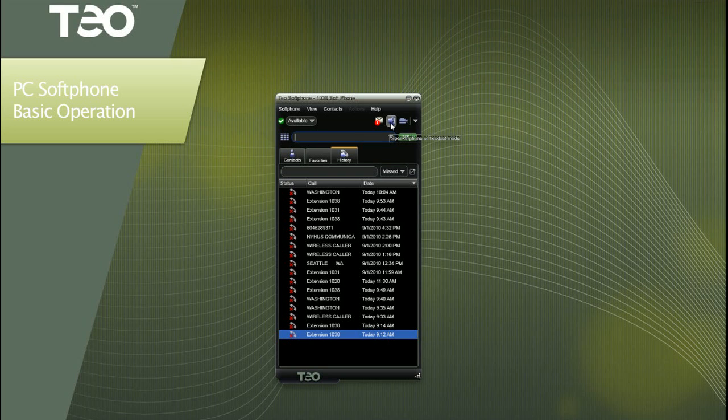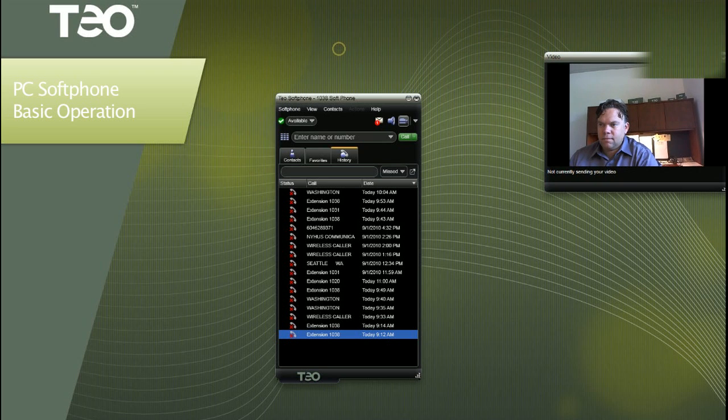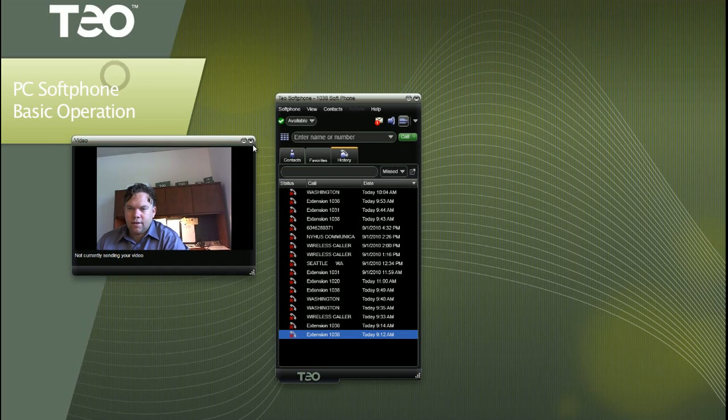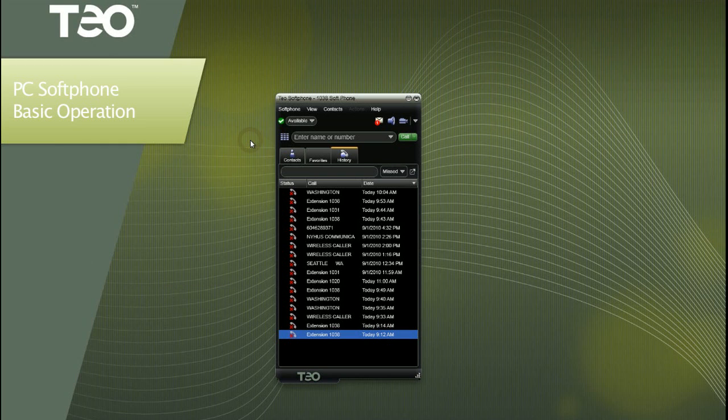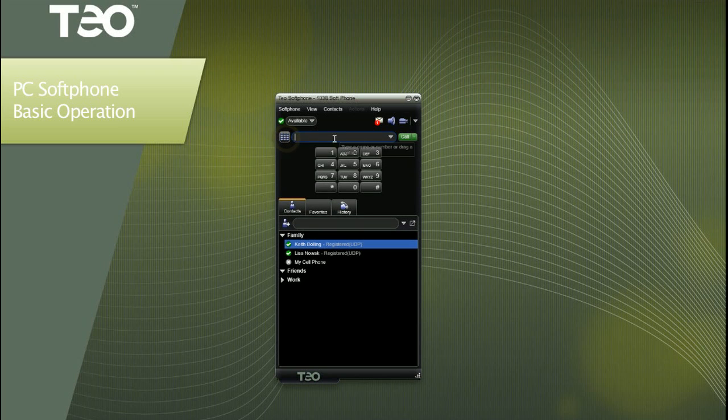Here I have a choice to turn on speakerphone or headset mode, and I can also turn on my video, move it around, and manage multiple video calls simultaneously. Let's get into calling. I have three options in making calls. I can either use my computer keyboard and dial an extension, press the enter key on my keyboard and